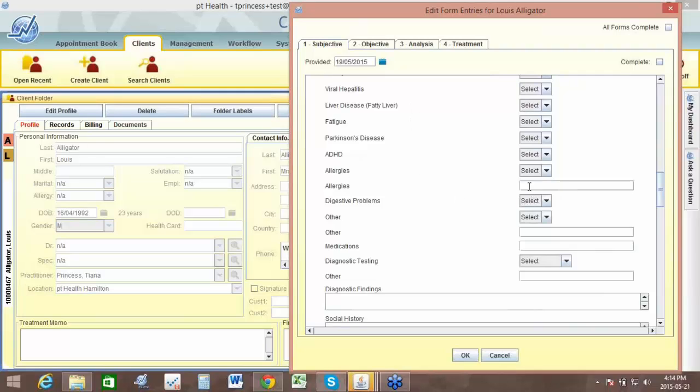Once you get down here, there's some text box so that you can enter specifics. So let's say he has an allergy to sulfa drugs, just making that up. In terms of these two other boxes, if there's something that's not listed here, then you could include it and put the answer. Medications,